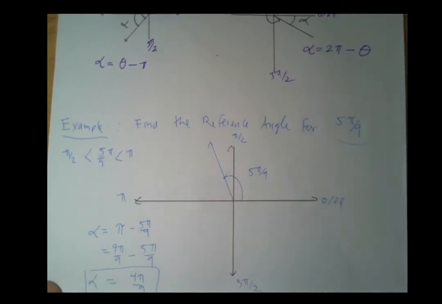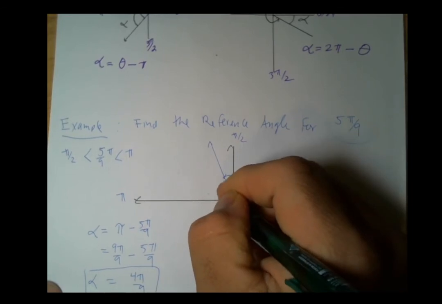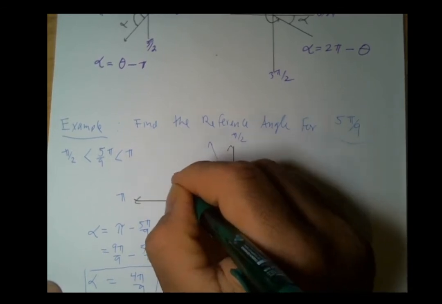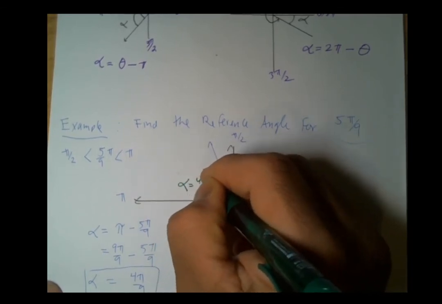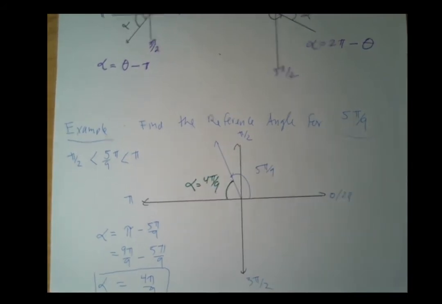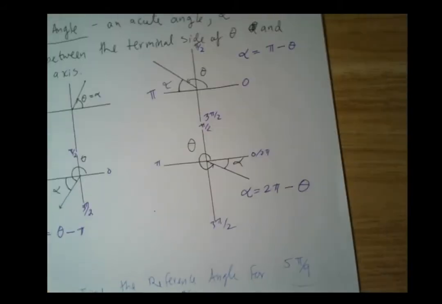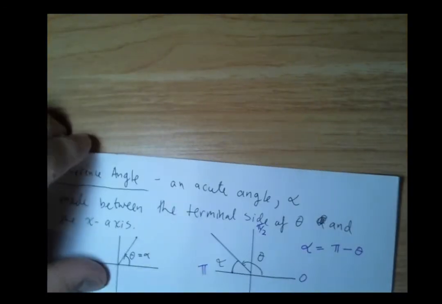Let me draw it here in another color. So the reference angle here, 4 pi over 9. Okay. All right, so now let's take a look at an example here where